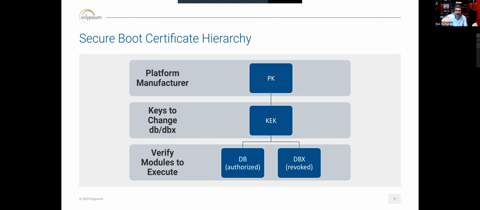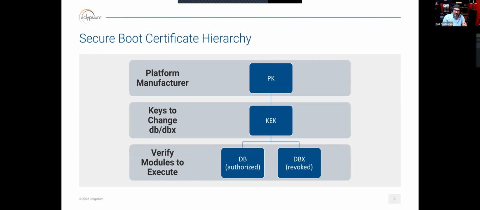It starts with the platform manufacturer, who will define a platform key. And when you look at the monikers of PK, KEK, DB, and DBX, keep in mind that these are the names of the variables in UEFI that can contain data, right? One of the things that can be confusing is you look at the KEK, or the key exchange key, and you think that should just be one key, but it can actually be multiple. So these are variable stores that store the platform key and the key exchange keys,